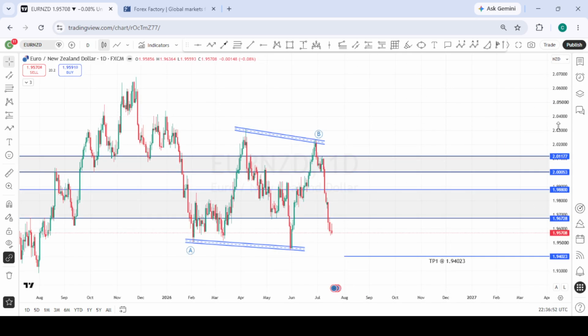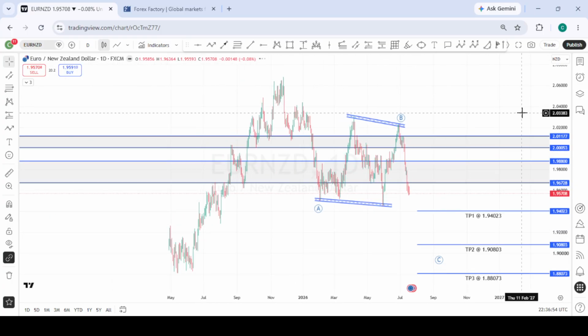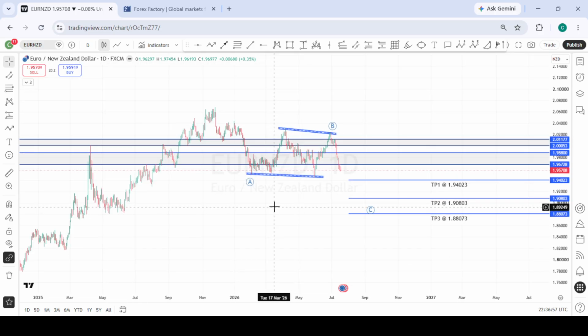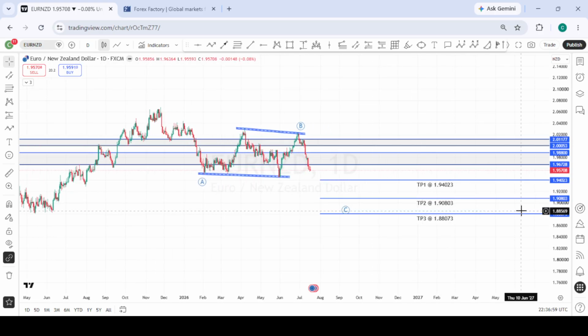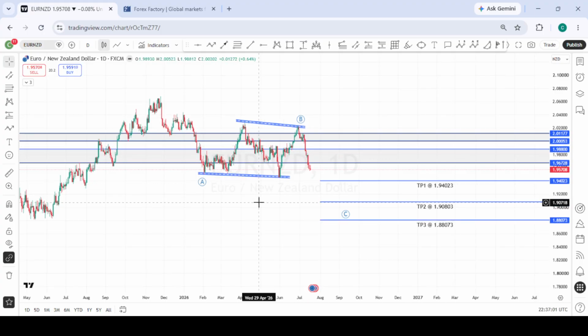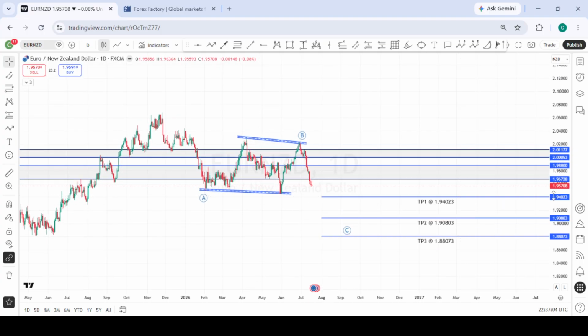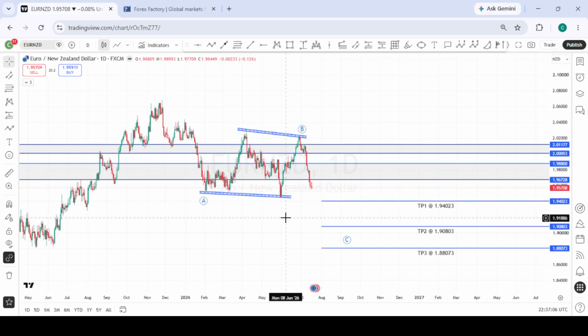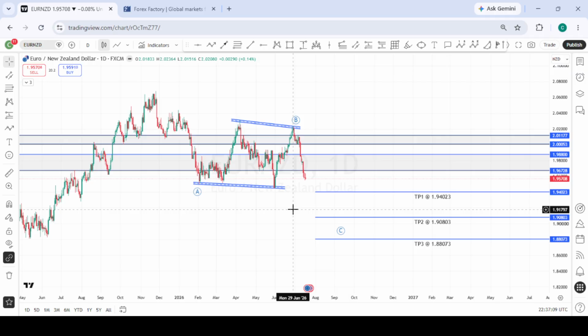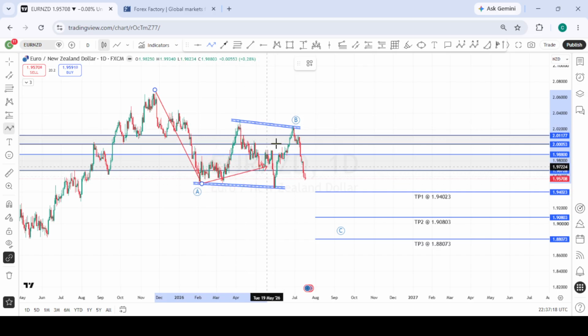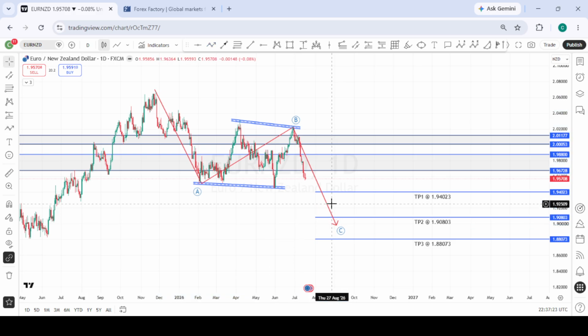This EURNZD is giving something like an ABC correction, a zigzag correction. So this is the wave A, and this whole ABC is a wave B, and you are looking forward to the wave C. So it's a potential zigzag correction you're looking out for, and we can see this strong momentum